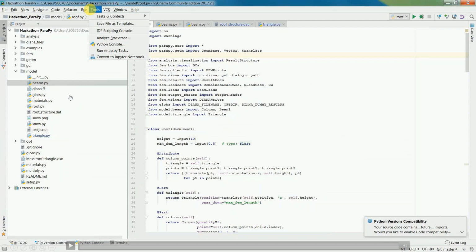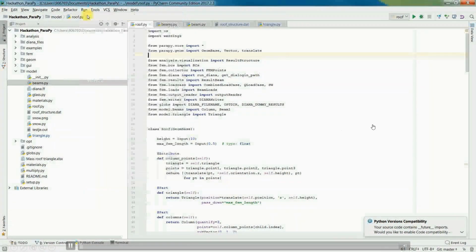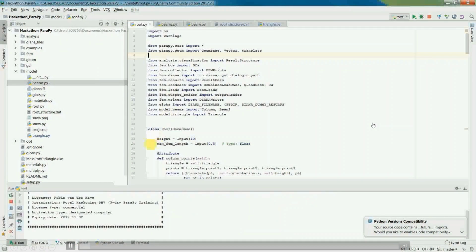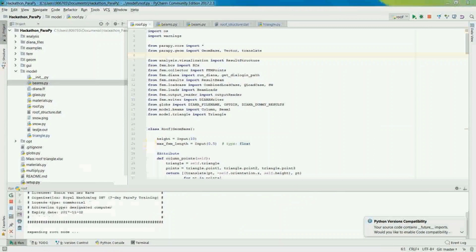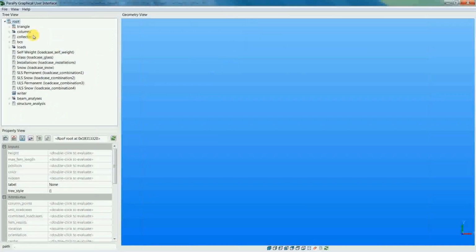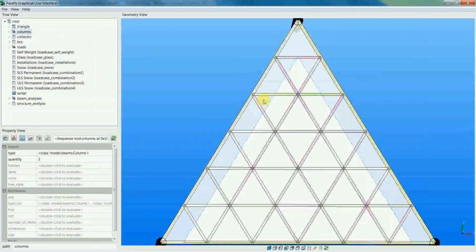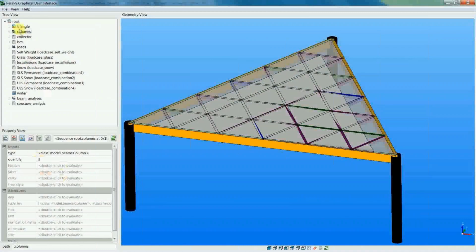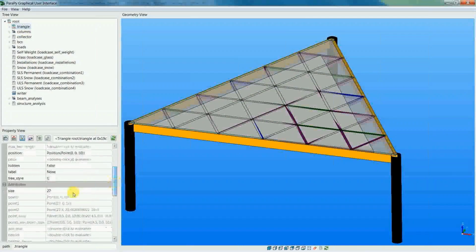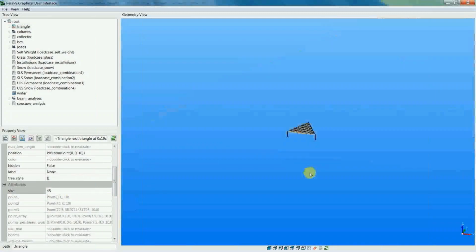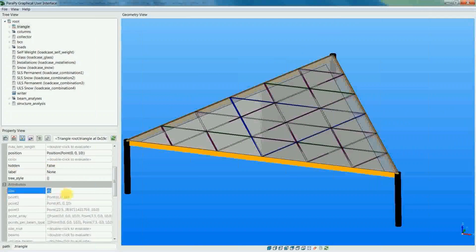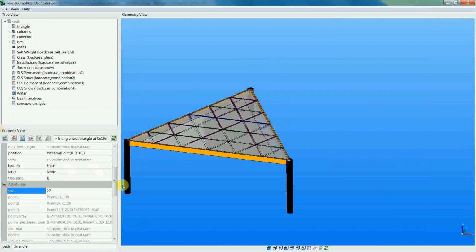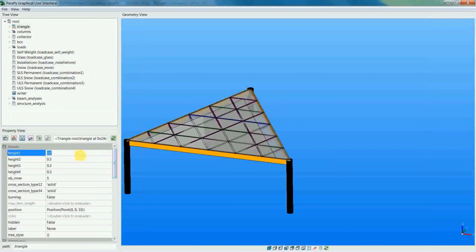Then the last example is in PyPy. Here you see that you can make a Python script in PyPy, and when you run the script, the user interface will pop up, and then you will see your 3D model. This is a roof for a train station, and when you change, for example, the size, then the size of the roof is increased, and you see that it can be reduced again, and also, for example, the height of beams can be increased